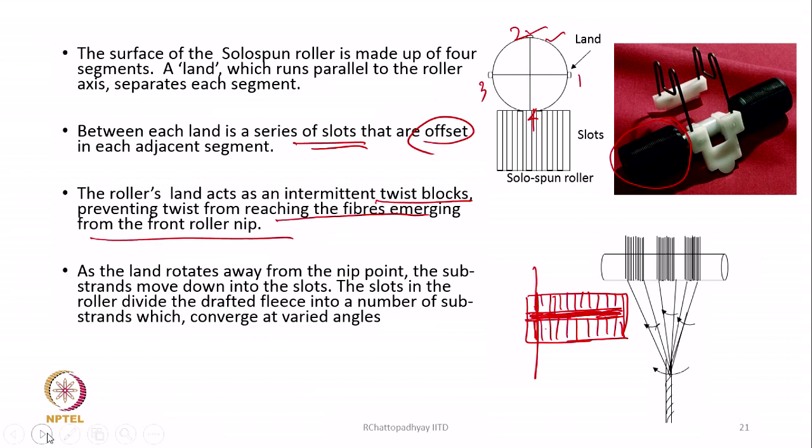It is something similar to twist blocking rollers. As the land rotates away from the nip point, the substrands move down into the slots. When the land moves away, immediately the fleece of fibers will settle in the slots. There are so many slots, and they will settle because fibers are coming randomly. So they will settle in different slots, and as a result the ducted fleece will be divided into a number of strands,